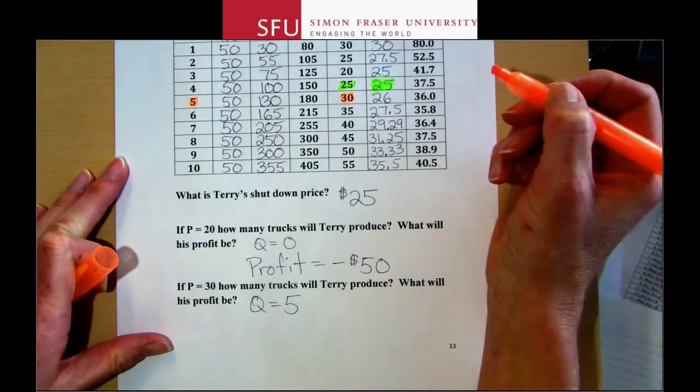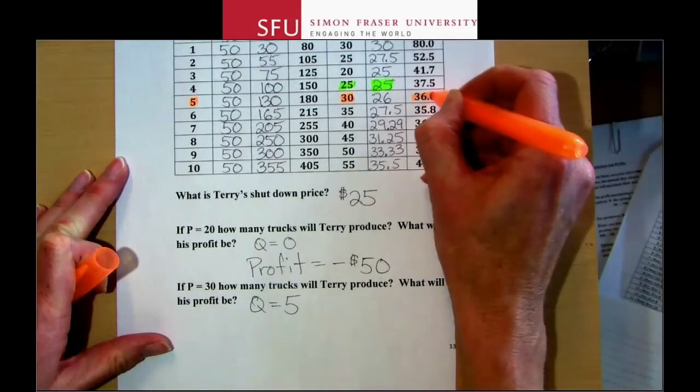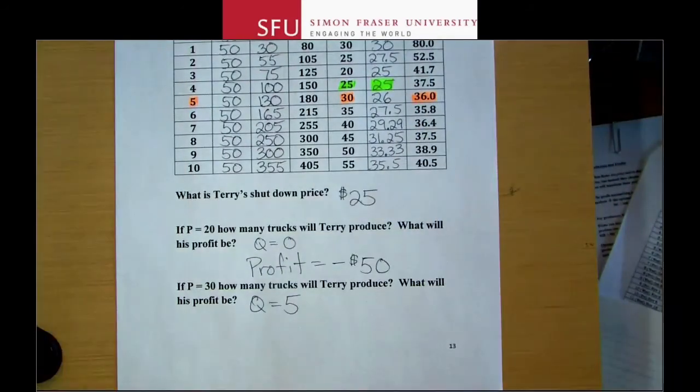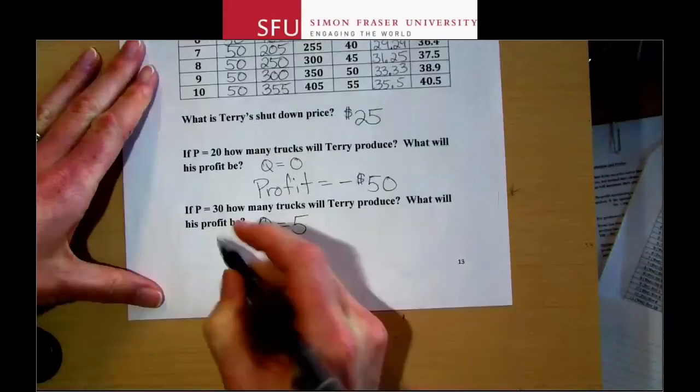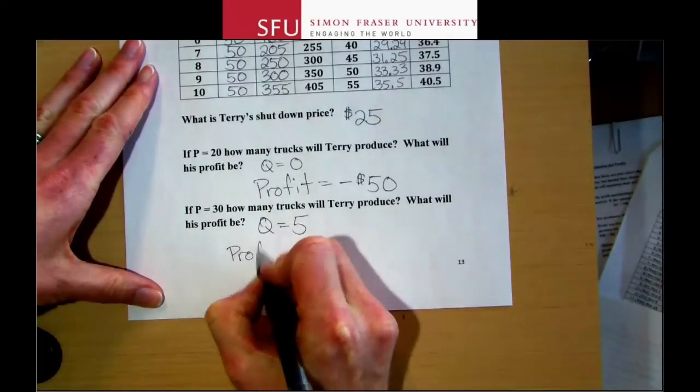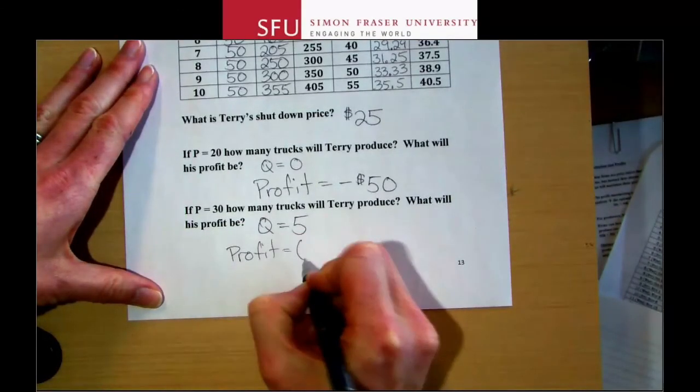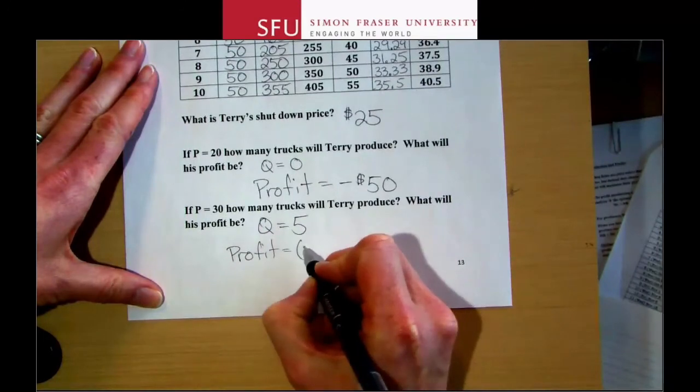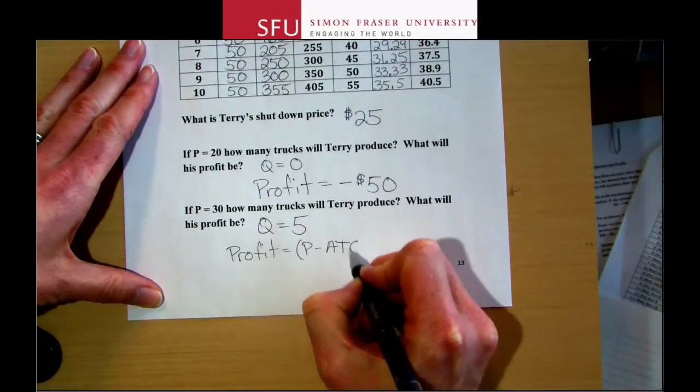And then calculating the profit, we need the average cost, 36. So using the formula P minus ATC times Q,